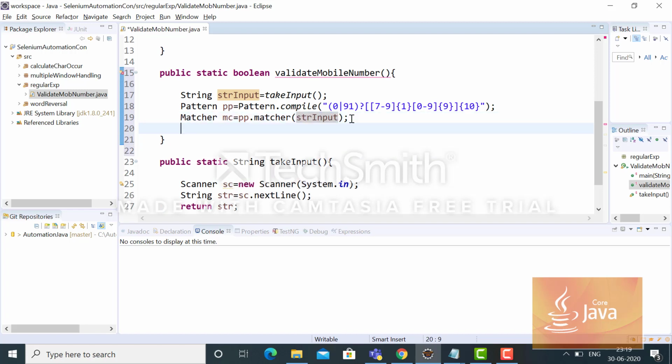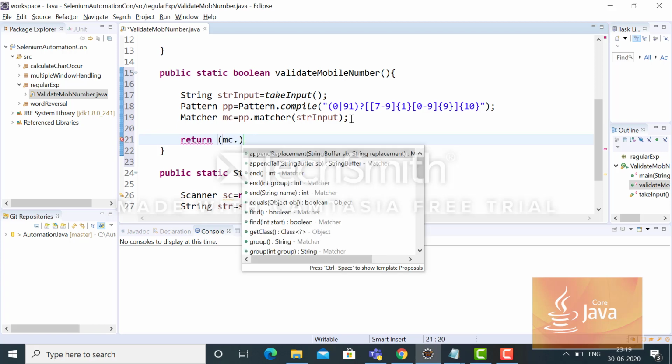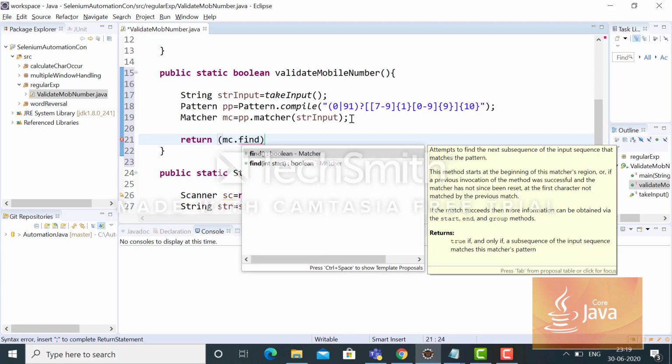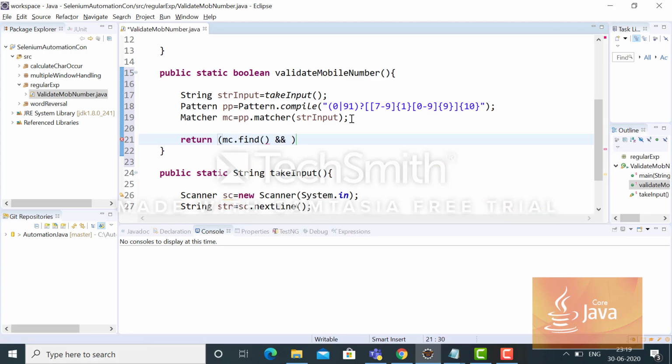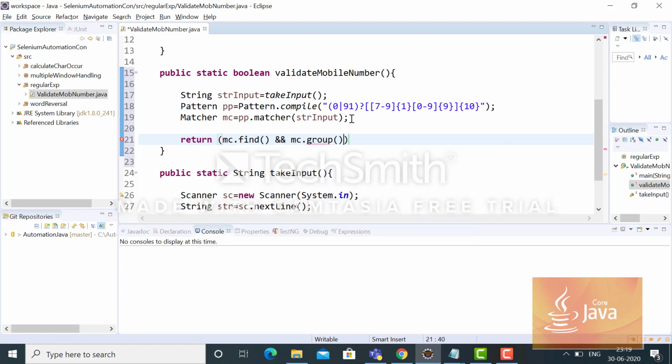So if the match is fine, then find will return true. But that is not all, guys. Here I also have to consider that there is a method called group.